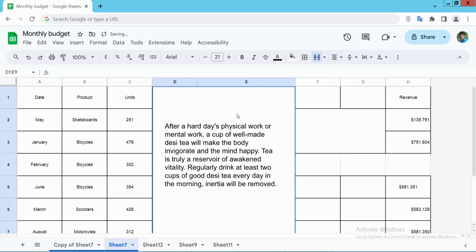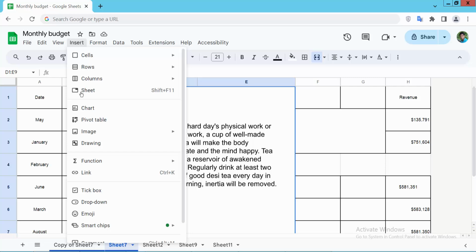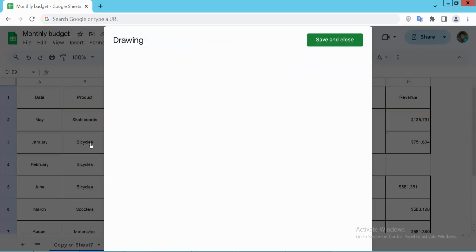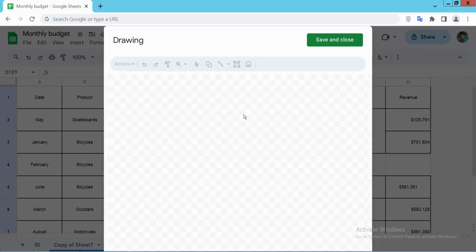And also I'll add a new transparent text box. Select the insert option. Now select the drawing option, and here you will find this text box icon. Click here and draw a text box,